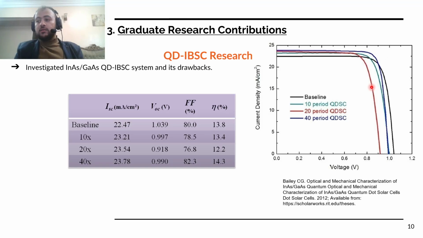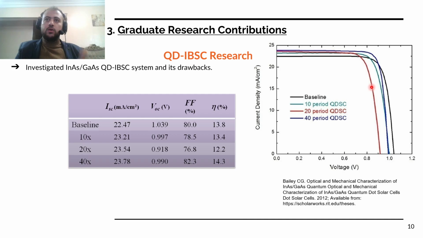Our study, and also other references, attribute this drop to the low conduction band barrier between indium arsenide quantum dots and the main gallium arsenide matrix, which leads to thermal escape of electrons. This thermal escape of electrons, or as it is usually called, coupling between the intermediate band and conduction band, leads to a drop in quasi-Fermi level separation, which also leads to the open circuit voltage drop because it is directly proportional to the quasi-Fermi level separation.